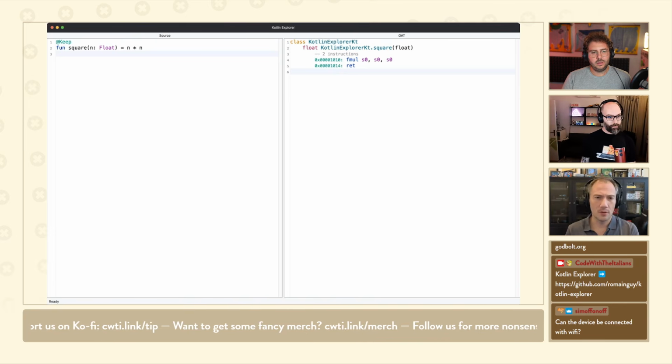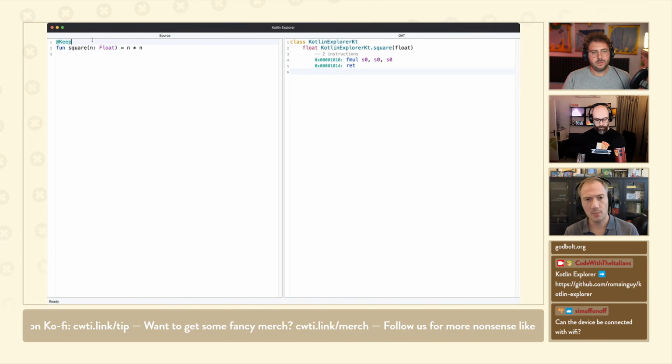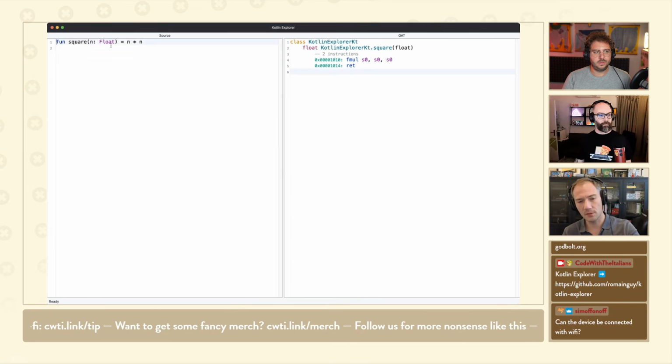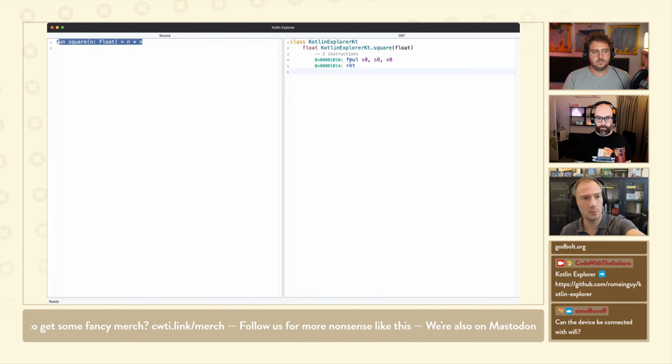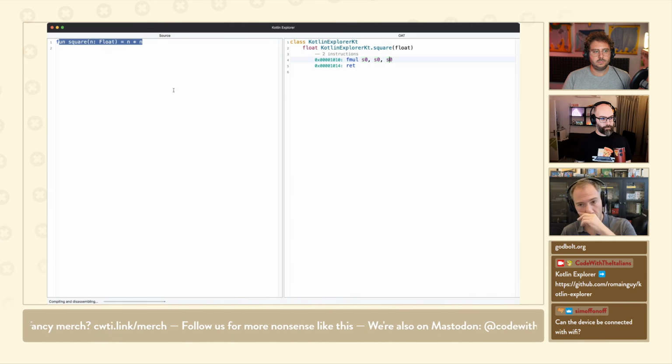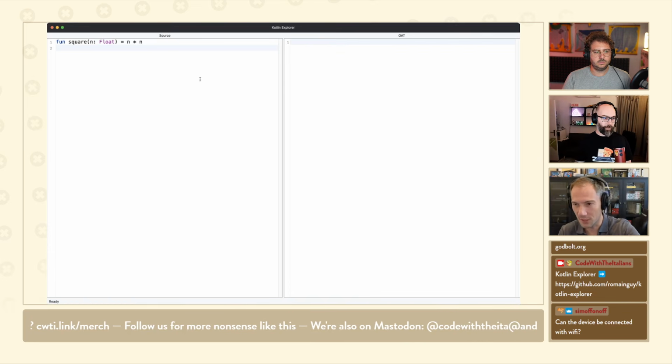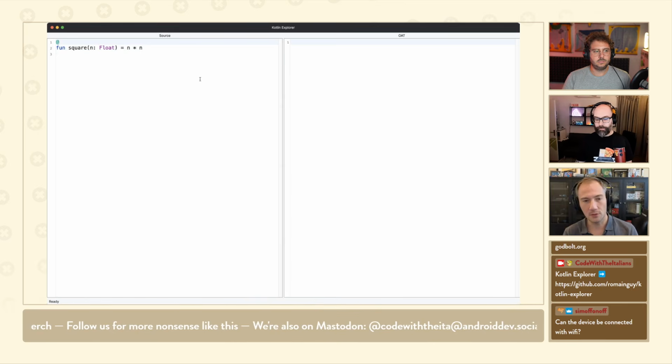There is another option for R8 to say keep everything. So if you turn on keep everything, we're going to tell R8 do not remove any code from the output, right? So if I keep everything here, the square function is going to be compiled. You see the output. If I don't keep everything and I compile, that's what happened the first time. It's going to be empty because R8's like, well, you're not using that function. I'm just going to get rid of it. Fair enough. So if you don't keep everything, the tool has an annotation, add keep, that you can put on one you want to keep, and that's going to keep the code and you can see it.